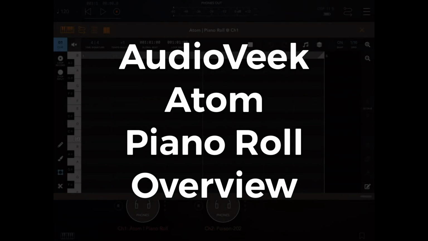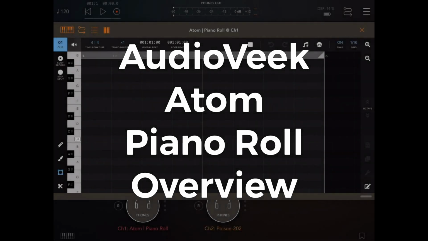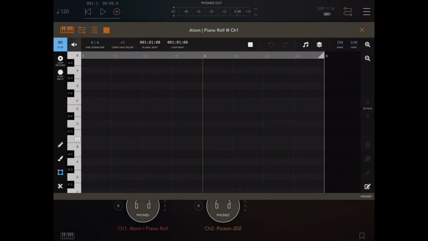This is Audiobeak, and we're looking at the Atom Piano Roll. The Atom Piano Roll is the first in our series of Atom plugins. We're going to take a quick dive into the UI, and we'll have more videos covering the features in detail to go with this. First of all, if you go to the top left hand corner, you'll see the name